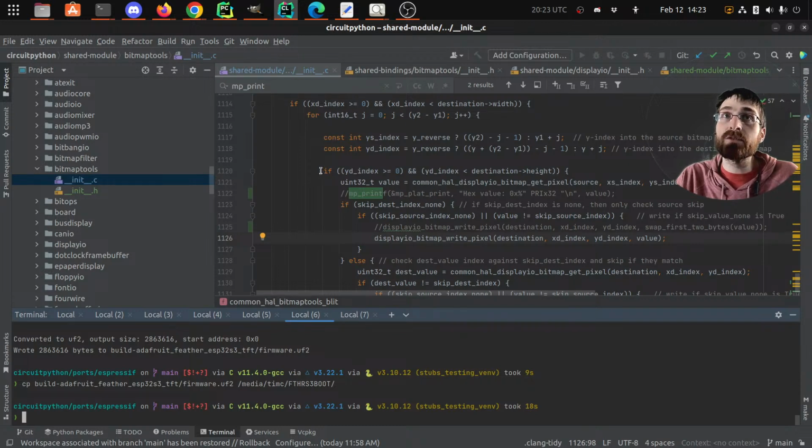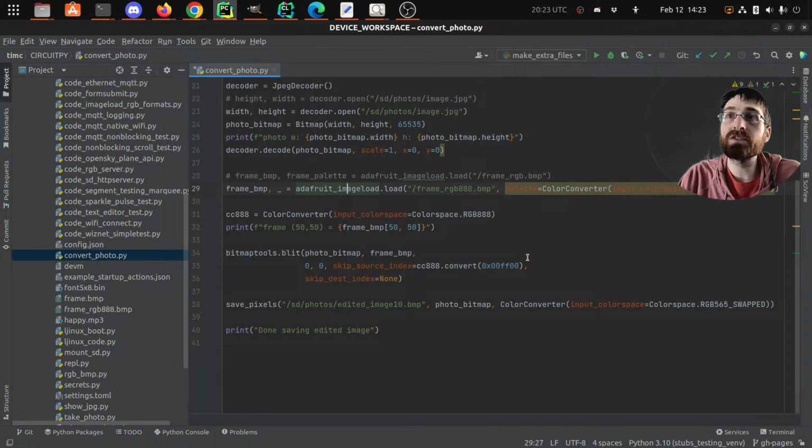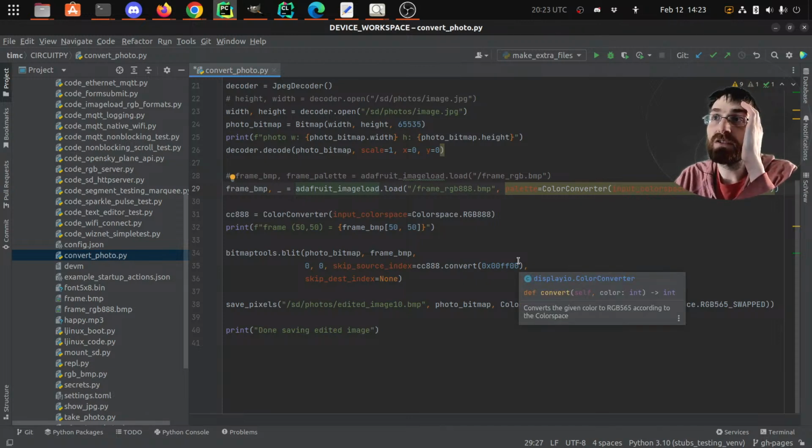So I'm trying to get it to where I can blit from a BMP source into what is ultimately a JPEG source, and have the colors of both look correct. So we got that loaded. Let me run the version that will do this. So I think the first thing that we'll do when I get into solving, more so than showing, is